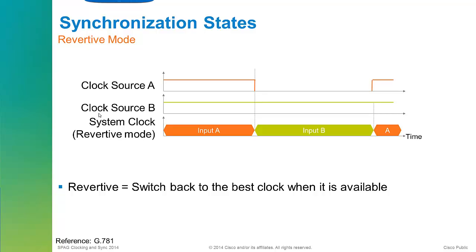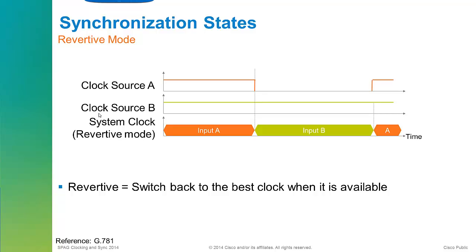The other thing to talk about is revertive mode, and this will become important in part 3 when we go to configure these, because you'll configure whether you want revertive mode or not. Revertive mode is where you have multiple clock sources. In this case, we've configured clock source A to be our primary, and clock source B to be our secondary,